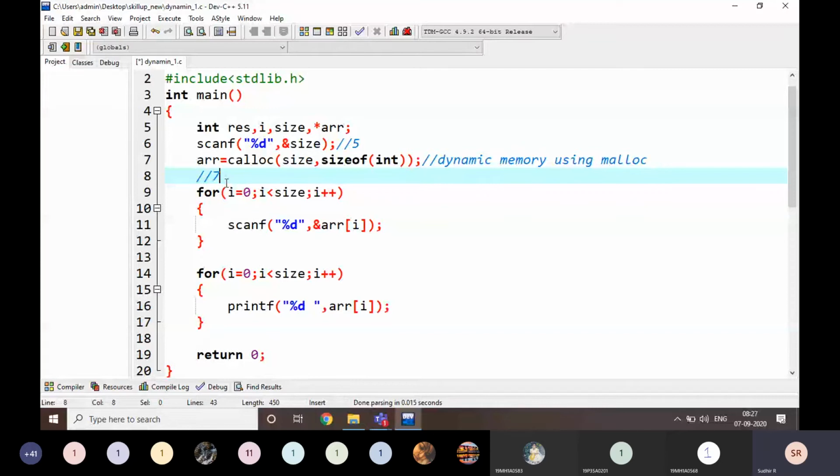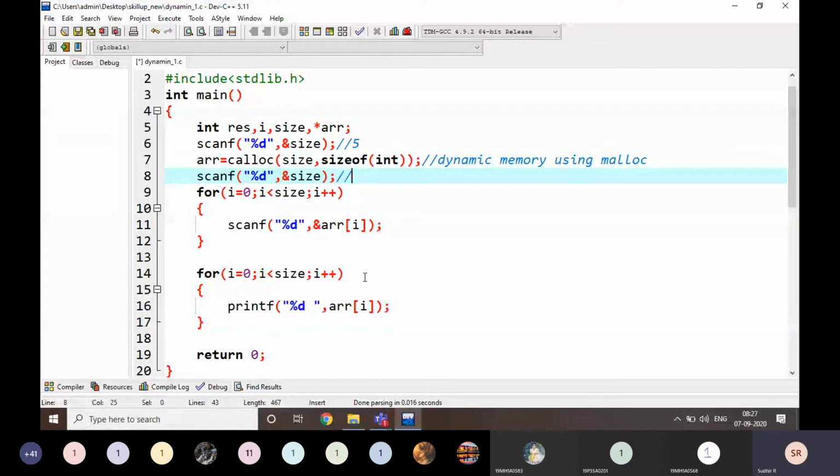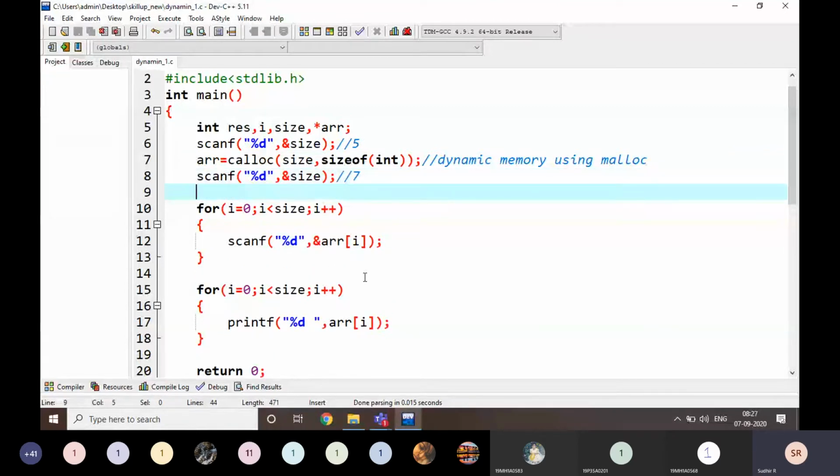How are we going to read here? First of all, it is allocated like this. Again, I am going to read the size. I will explain when I am coding, but for now I am writing the syntax only.